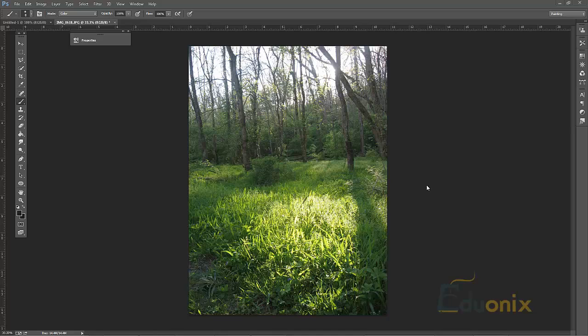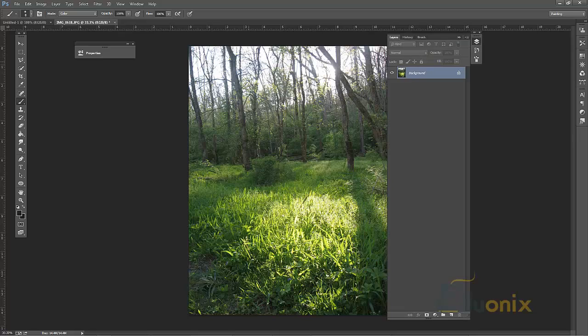In this lecture we're going to be going more into the concept of masking, talking about adjustment layers. We've talked about it a little bit before, but I wanted to go more into the other options, and look at masks from a different angle. Right now we have this picture. I'm going to hit F7 to bring up my layers,